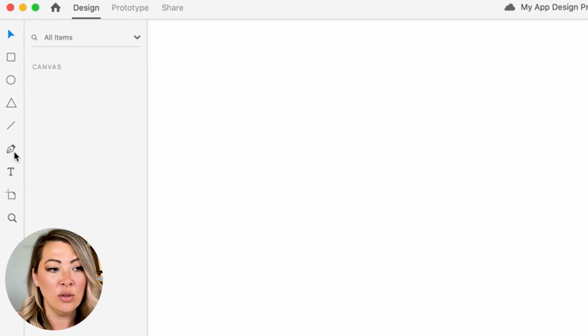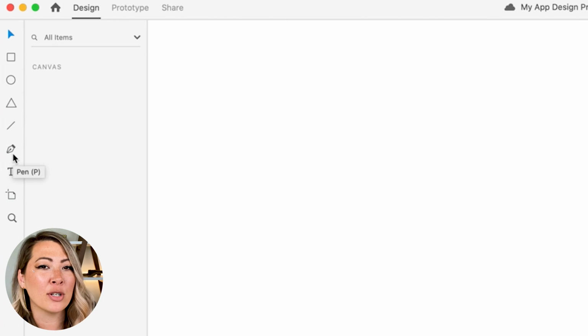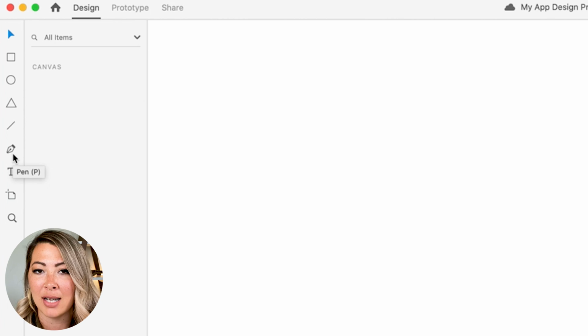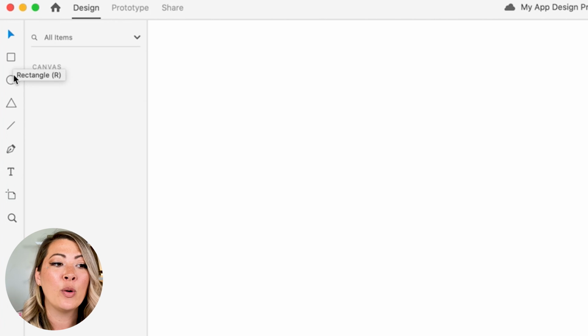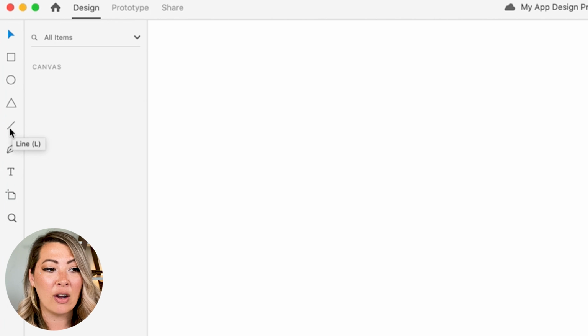Aside from color, text, and imagery, most of what an app screen is comprised of are various shapes. In Adobe XD, you can draw shapes in two ways. You can use the pen tool, which we can see over here on the left-hand side of our toolbar. And this is kind of like with paper to pen, that free flow style. And then there are the built-in shapes, right? The rectangle, the ellipse, the polygon, and the line. And this is actually what we're going to be focusing on today.